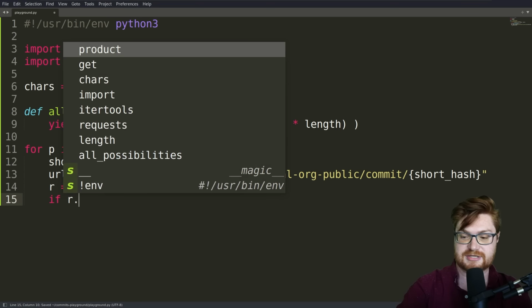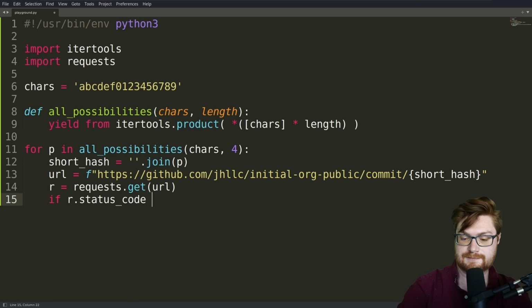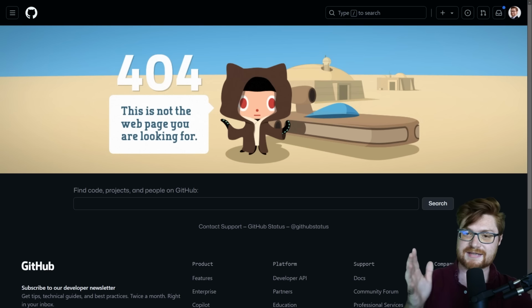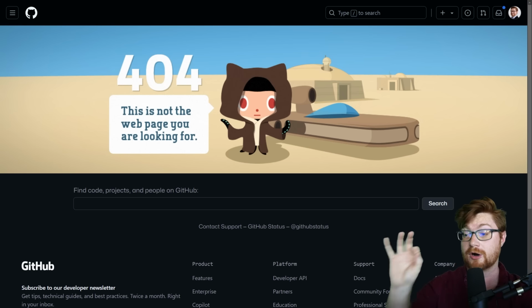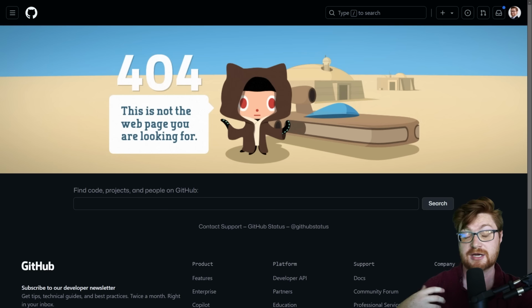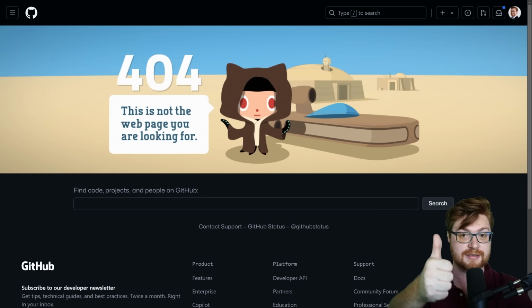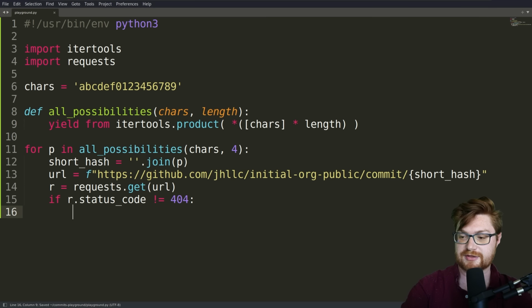So I can test if r.status_code is not equal to 404, like it's not found, like in the case of our deleted fork, right? That is what we don't want. We're looking for, oh, do we get a hit? Can we find it with a 200 response? Status A-OK. But it might be good to get anything else in case there's anything we're not expecting. So let's just do not equal to 404.